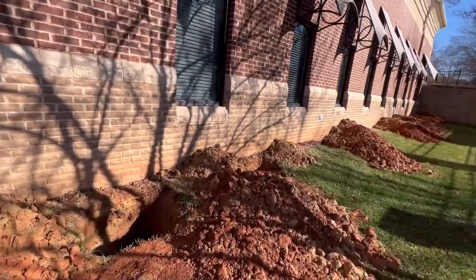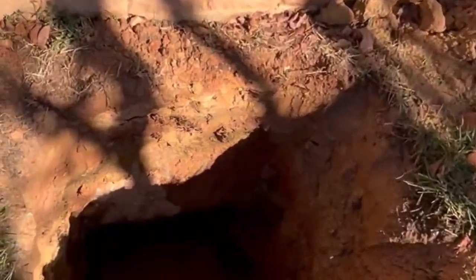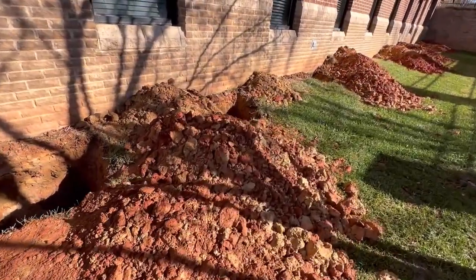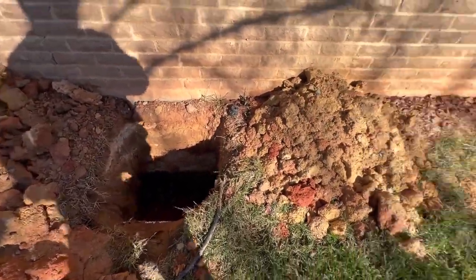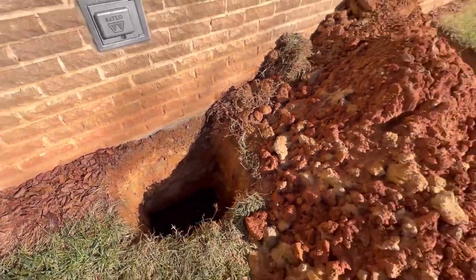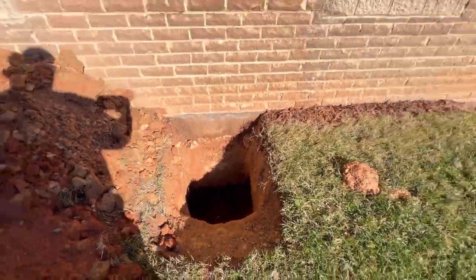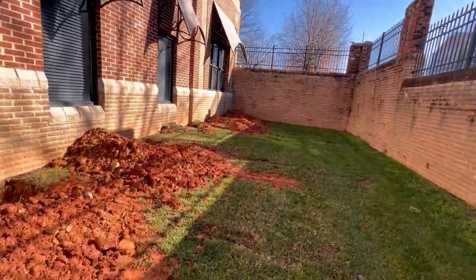Why would you want to open 15 holes up on a commercial job? And now each one of these holes has water in it. Water's getting up under the foundation. Why is there no plastic over these dirt piles? Why was no plywood put down over these holes? And now this is a mucky mess. So you don't want to have water go up underneath a foundation. Obviously,